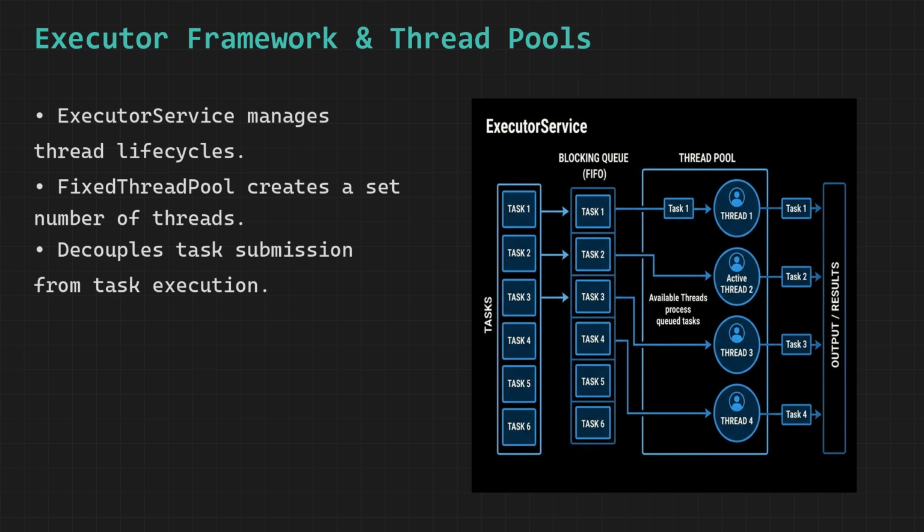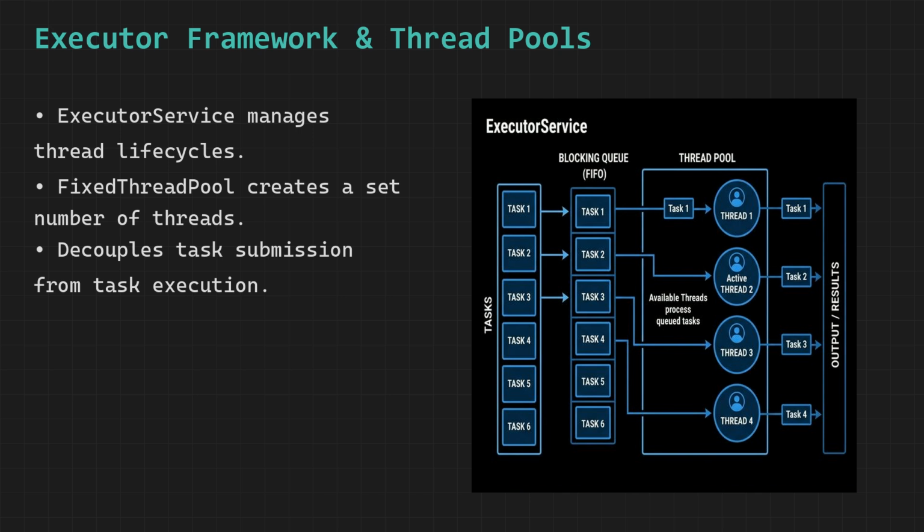Imagine a small office that has exactly 3 desks available for workers to sit at and do their job. No matter how many tasks arrive at the office throughout the day, only 3 people can actively work at any given point in time because there are only 3 desks available and each worker needs a desk to perform their duties. This office analogy perfectly represents how a fixed thread pool works in Java, because no matter how many tasks we submit to the executor, only 3 threads will ever be actively running and processing tasks simultaneously, which prevents the computer from becoming overwhelmed and running out of memory or processing power by creating too many threads at once.